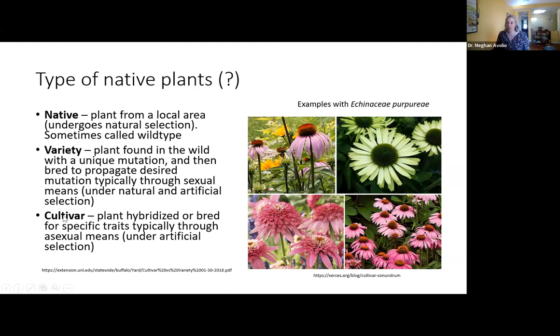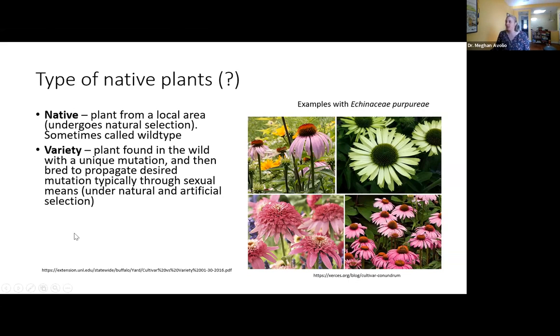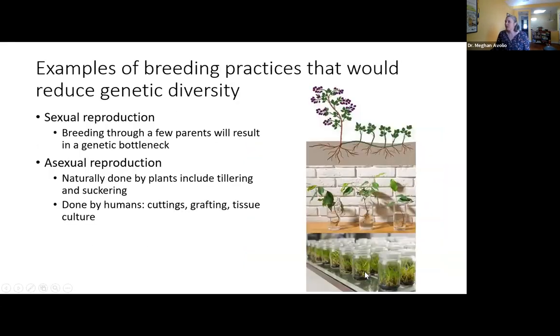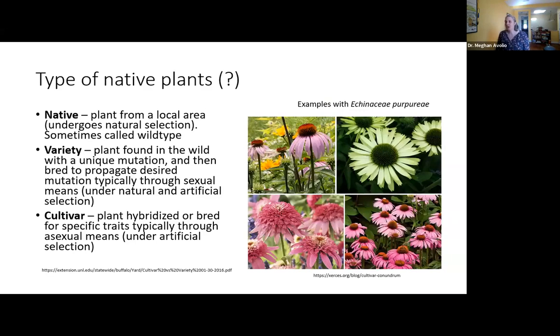Cultivars will have the lowest genetic diversity among them. You can imagine if you're taking the same plant and cutting it 3 times and then planting these out in a field or in a yard, they're going to have the exact same genotype among them. There is no genetic variation within them. And so cultivars will have the least amount of genetic diversity within them. And I certainly don't have this answer, but I think it's an interesting intellectual thought exercise, like, are cultivars native? What does it mean to be native if this has been bred in a lab and is not very locally adapted?